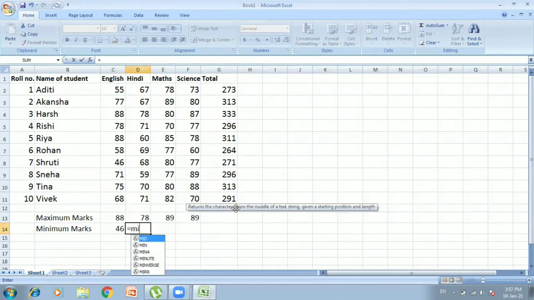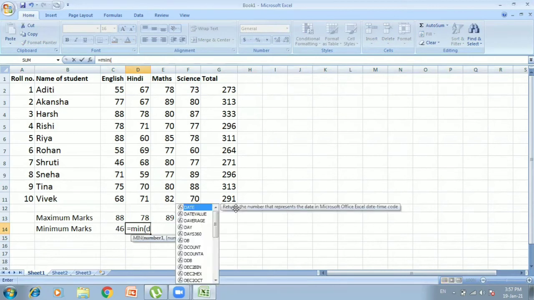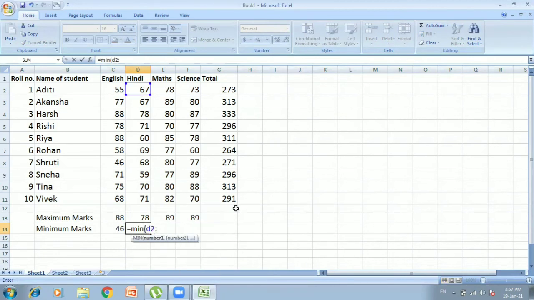Then is equals to min D2 semicolon D11. You can press the tab key also or enter key also. So in Hindi, 59 is the minimum mark.